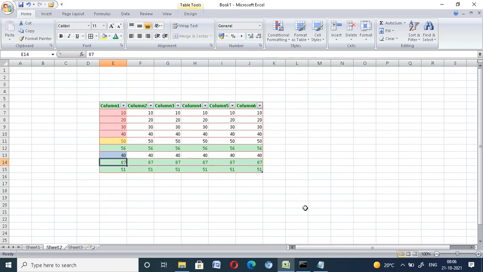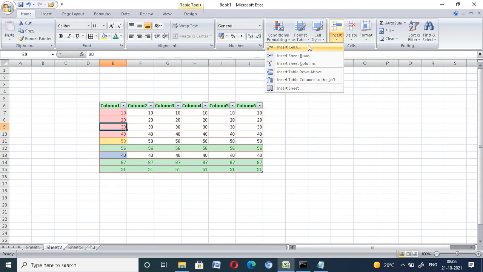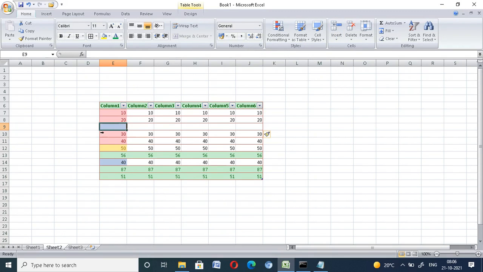Now another part is cells. If you want to insert a cell, between 20 and 30 you want to insert one more cell, it is inserted. Now I will type 76, 78. Okay, this is inserted. If you want to delete the cell, choose delete cell.